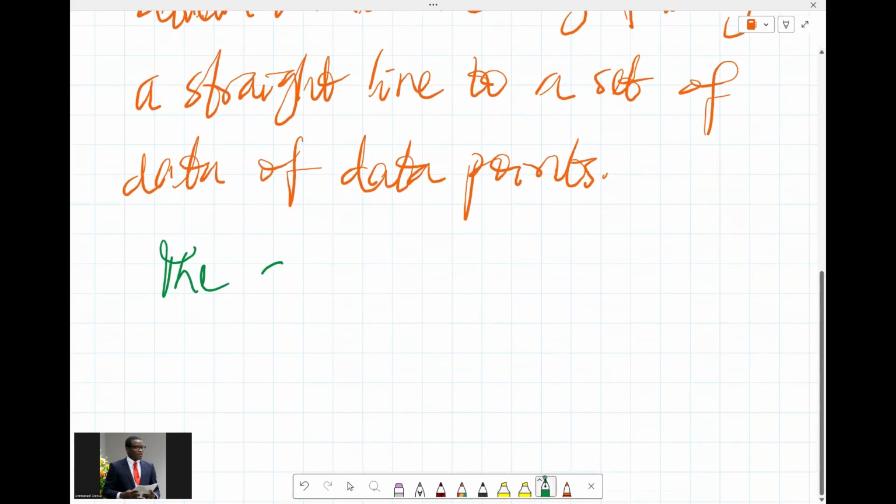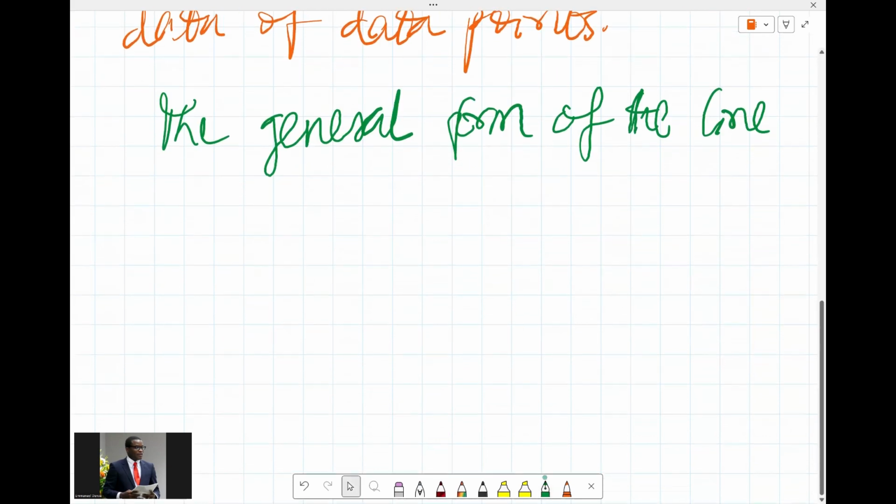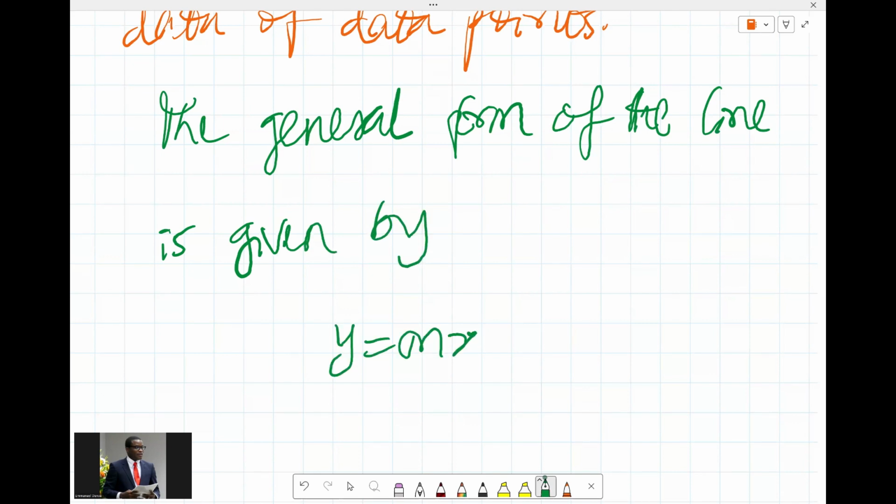The general form of the line is given by y equals mx plus c,